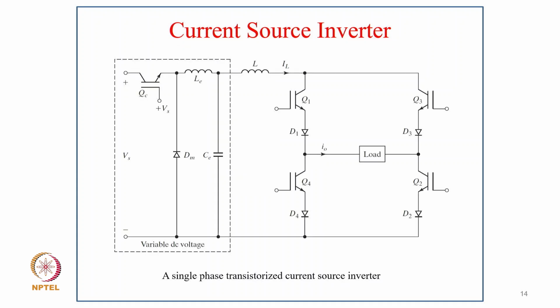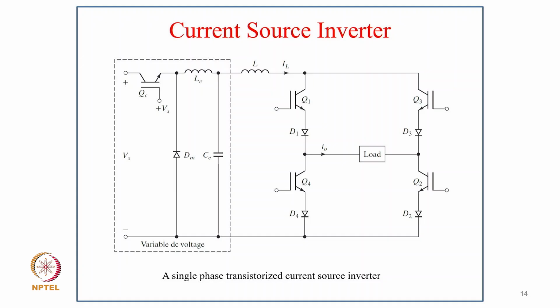So here is a typical example of a single phase transistor current source inverter. We have to form a constant DC current source. We use a simple buck converter with an inductive filter, and virtually we use two inductors with a capacitor. So this current source is feeding the inverter. Of course, if you are using any transistor family, either MOSFET or BJT or IGBT, we have to use a series diode, because the transistor family does not have reverse blocking capability.